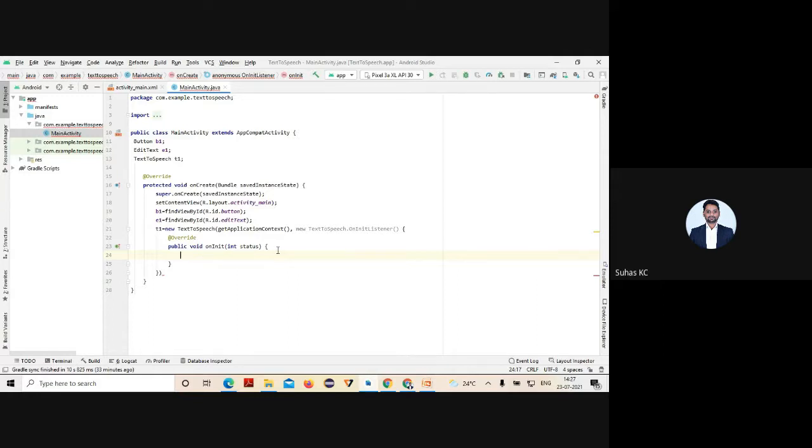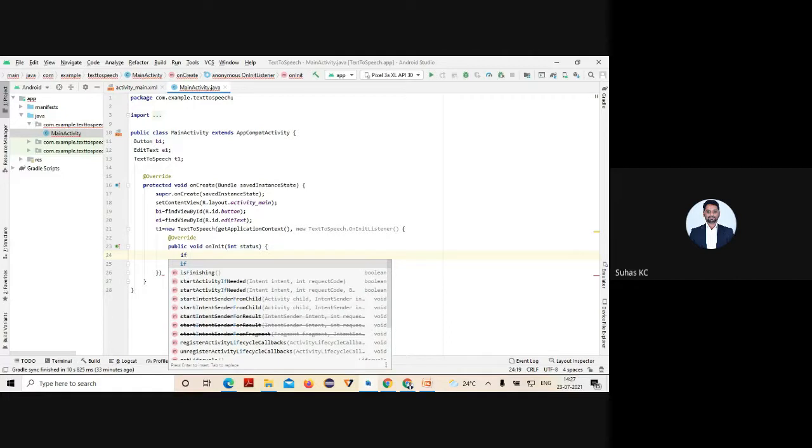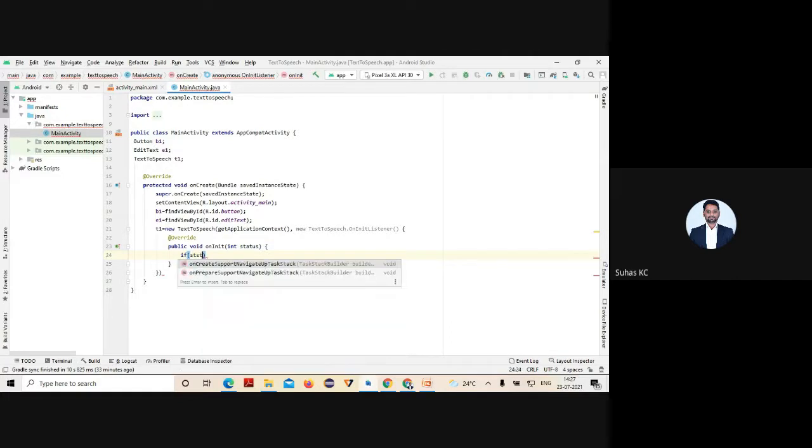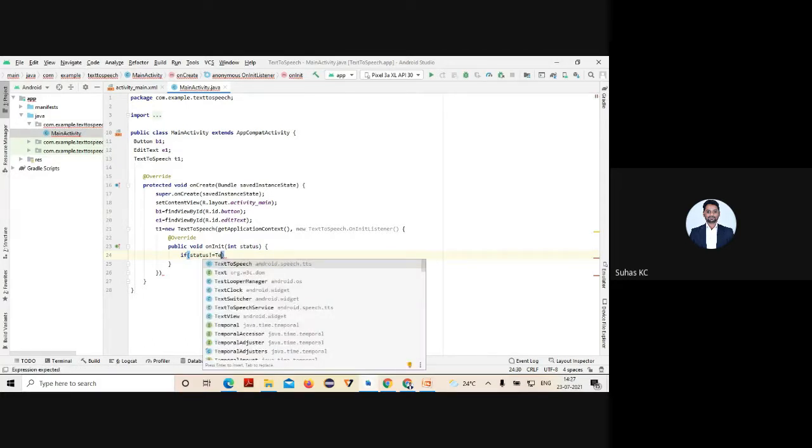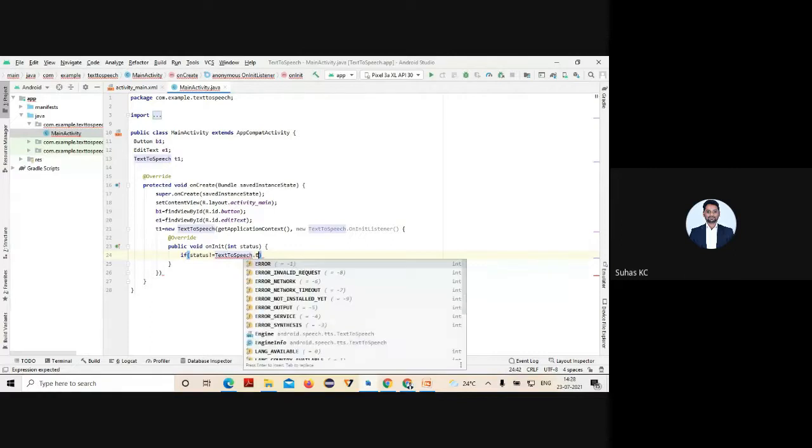That's it. So here what you need to do is check whether the status you entered is correct or not. For that I'll use one if condition. If status is not equal to TextToSpeech.ERROR.